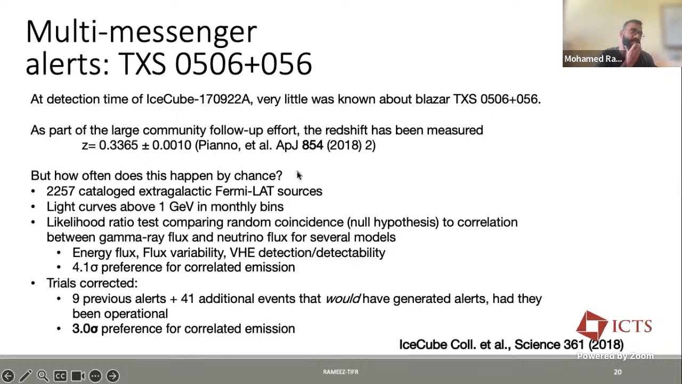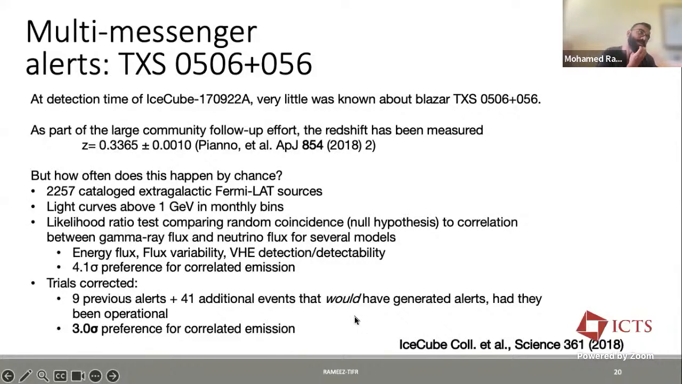We tried to find which of them would be flaring at the same time as an alert sent out by IceCube. We also took into account all the previous alerts that we sent, as well as events that occurred within the detector, which would have generated alerts had the alert system been operational. And we accounted for the look elsewhere effect associated with all of this in a maximum likelihood